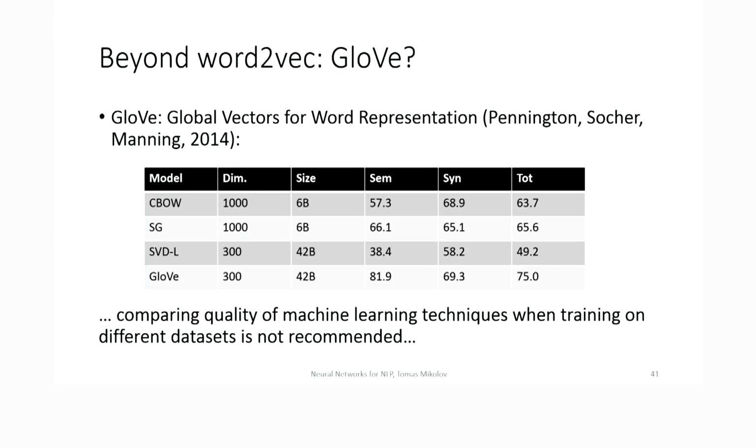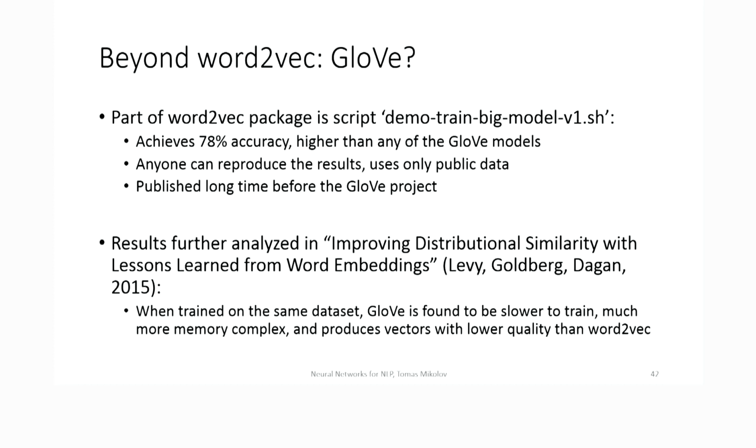The big problem with this revelation was, of course, that many other papers later pointed out that you should not be comparing the quality of different machine learning techniques when you are training them on different data sets. Especially as the CBOW and skip-gram architectures were available in the open source toolkit, the Stanford NLP guys could have easily trained Word2Vec on the same data they trained GloVe on, and the comparisons would probably look somewhat different. So that's actually what we try to do frequently.